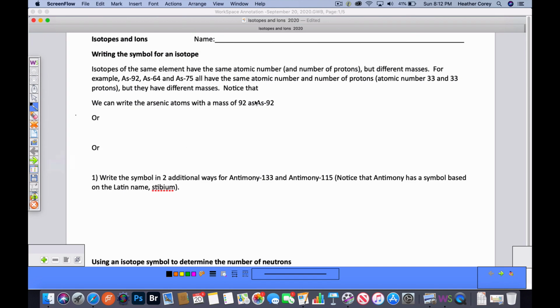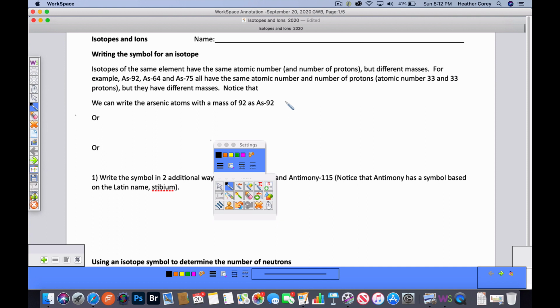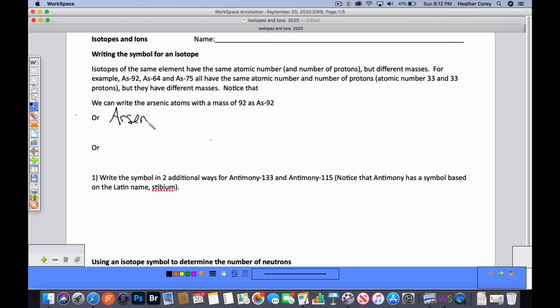So if we have an isotope that has a mass of 92, we can write it like I've shown you here, arsenic 92. Or you can write it out with its name. Okay, these are both showing the same thing. Another option is to write the symbol,